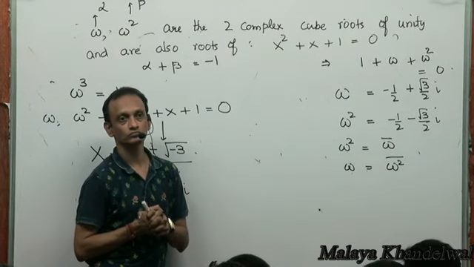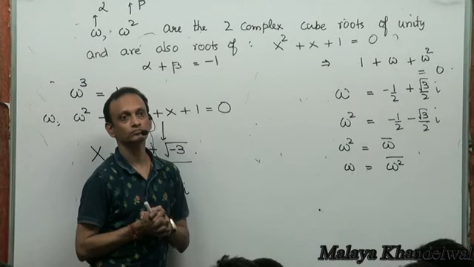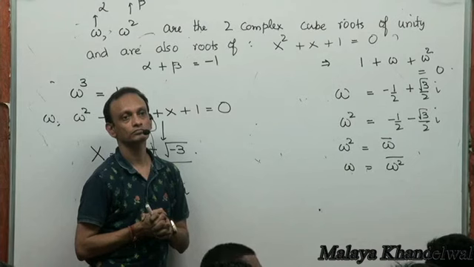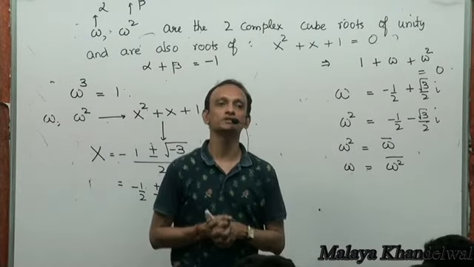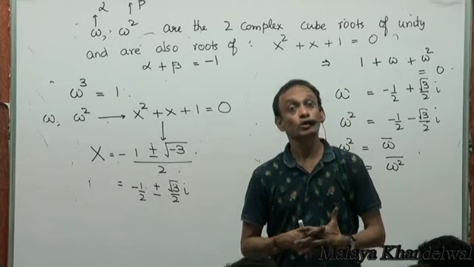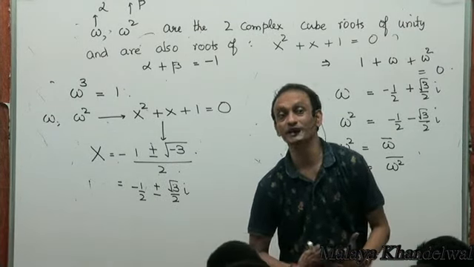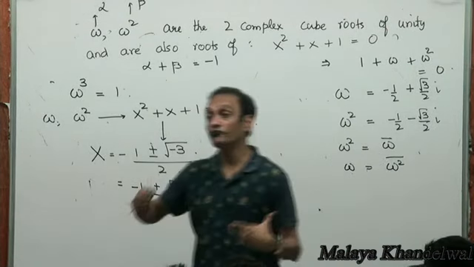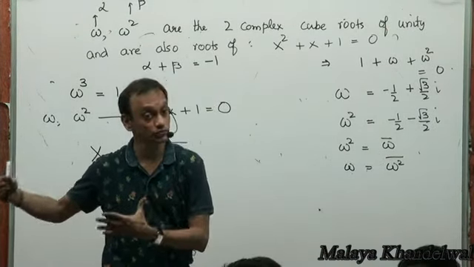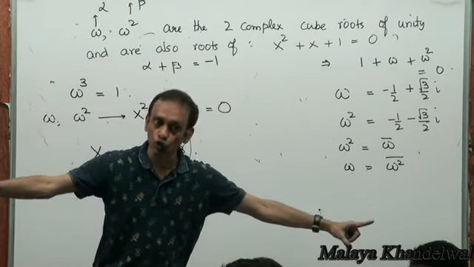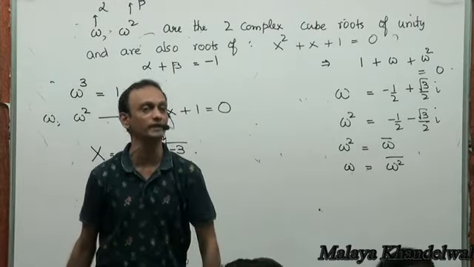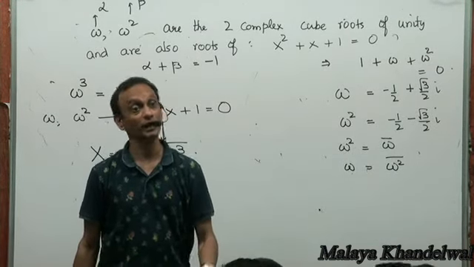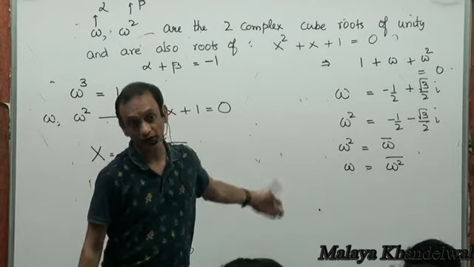Since alpha and beta are the complex roots of unity, alpha cube is equal to 1, beta cube is equal to 1. So we can't say alpha cube is equal to beta cube, therefore alpha is equal to beta. That's one of the possibilities, but in this case they are distinct. That you can say in the domain of real numbers. That's exactly the distinction that I'm trying to put across to you. If alpha cubed is beta cubed, and alpha and beta were known to be real numbers, then yes, alpha equals beta. But if alpha and beta are complex, then this may not hold good, like it does here, right?